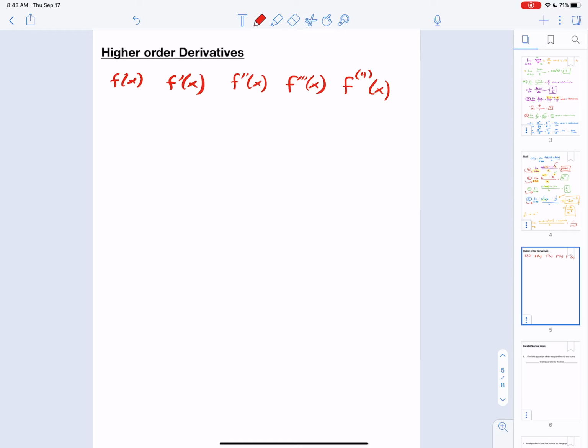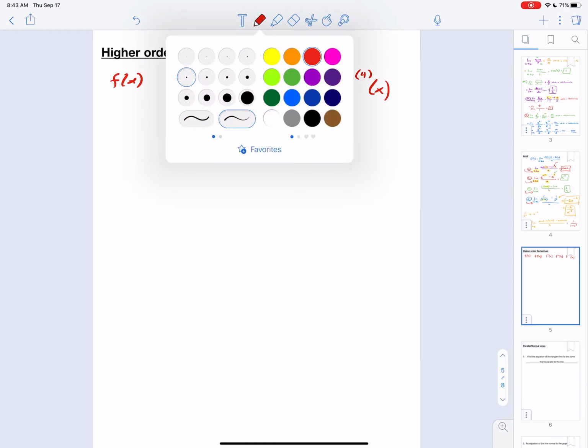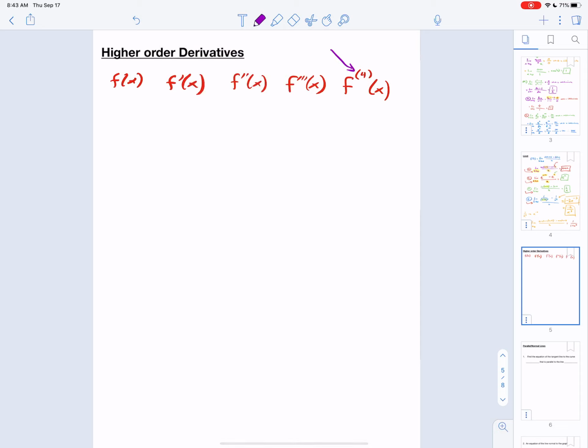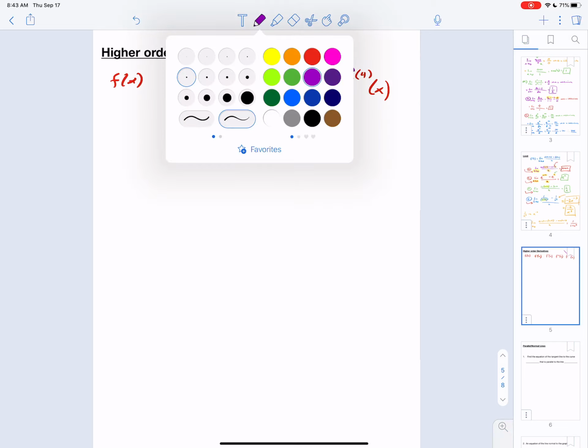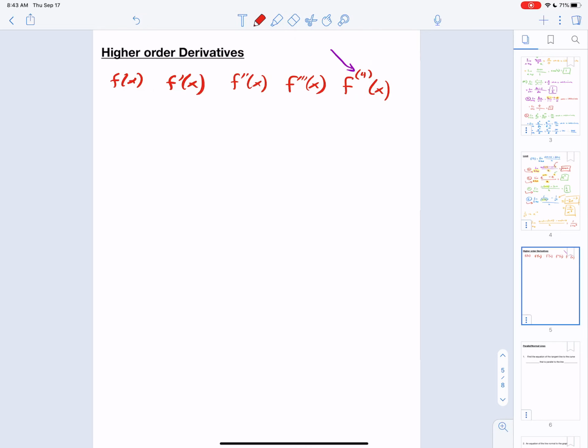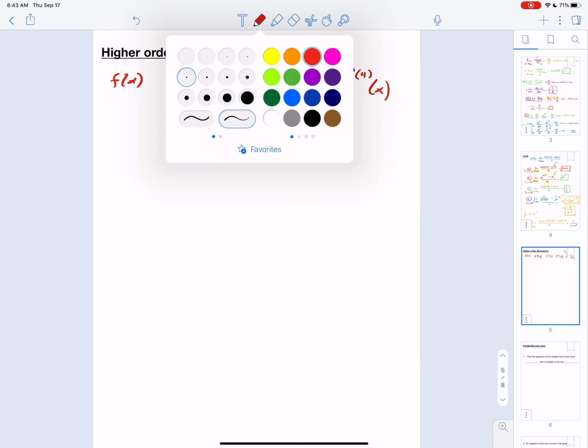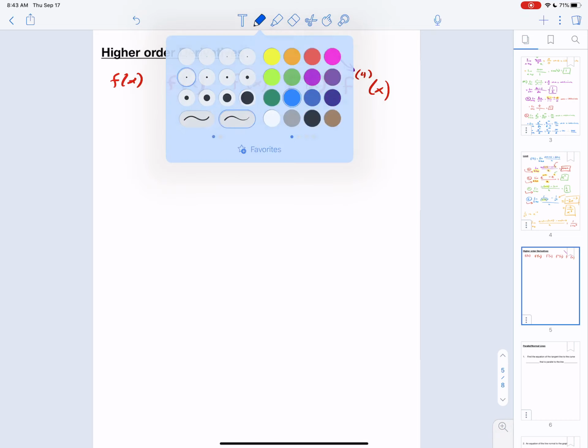Okay, so that parentheses right there, remember the parentheses indicate that that's a derivative, okay? So just keep that in mind. Now, I always mix these two up. I believe this is Lagrange notation, okay? Lagrange is when you use the prime notation. Now, Leibniz notation is a little bit different, and you guys got to pay close attention to the details here,